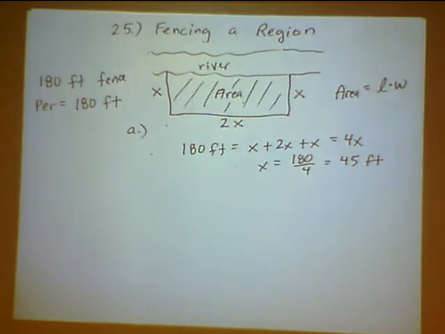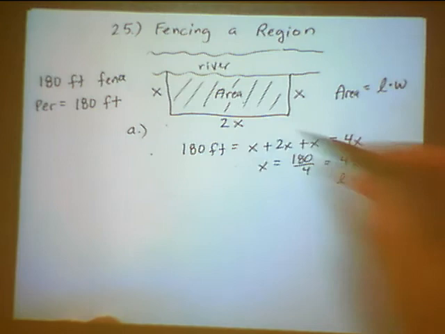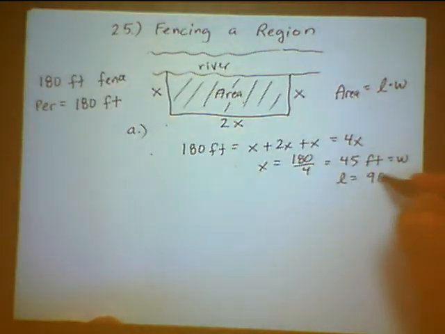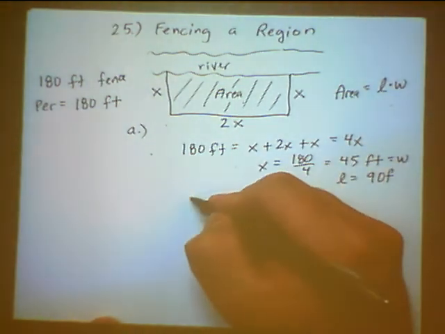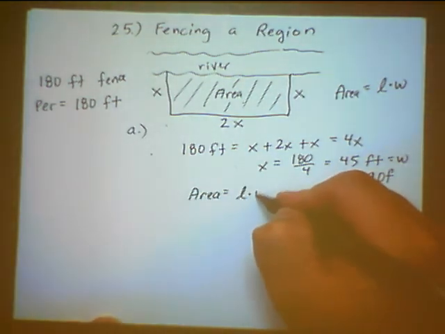So for the first scenario, my width is 45 feet, therefore my length is 2 times the width, my length is 90 feet,